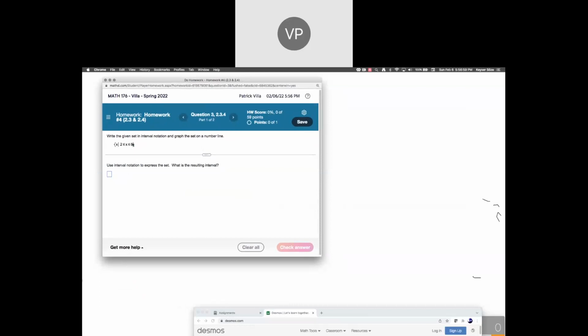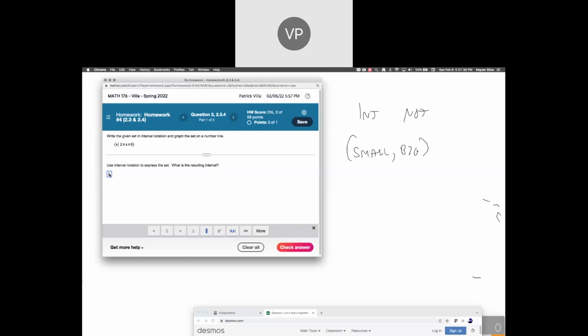Now, if you haven't seen this notation, this just means the set of all x's such that x is in between 2 and 8. Really you don't need all this. It just means this right here, everything between 2 and 8. So when I do interval notation, remember, it's always going to be small to big. Sometimes it's a bracket, sometimes it's a parenthesis. It's whether you include it, not whether it's positive, negative, or 0, or infinity. Infinities always do have the parenthesis, but other than that, we have to start with our smallest. So I know it's going to be 2 to 8